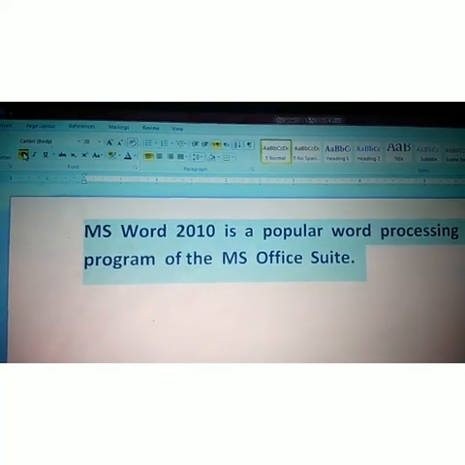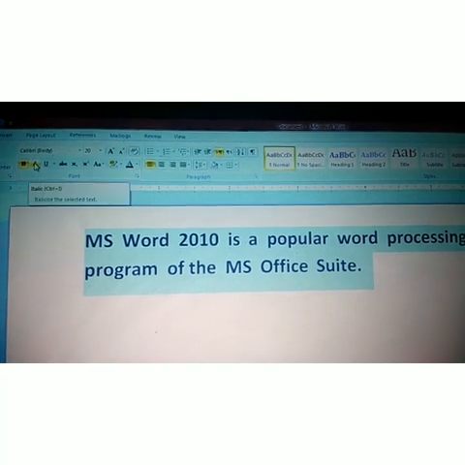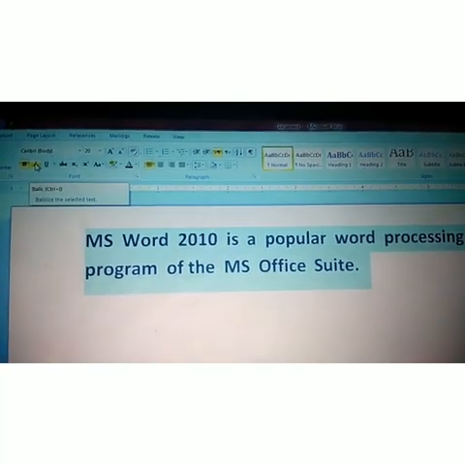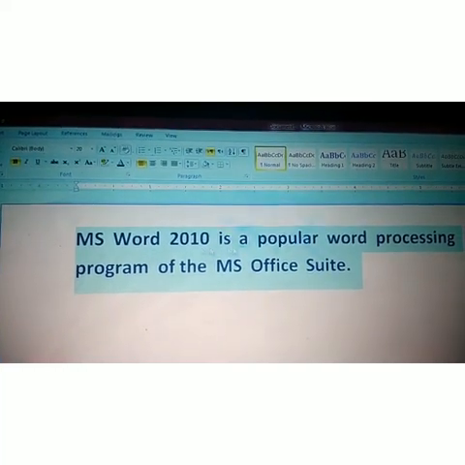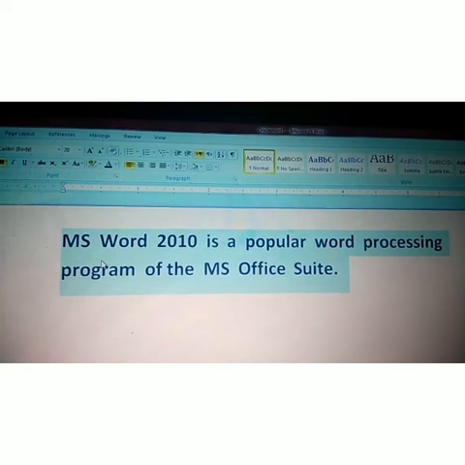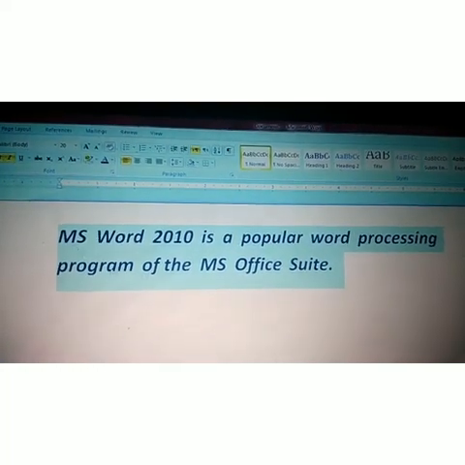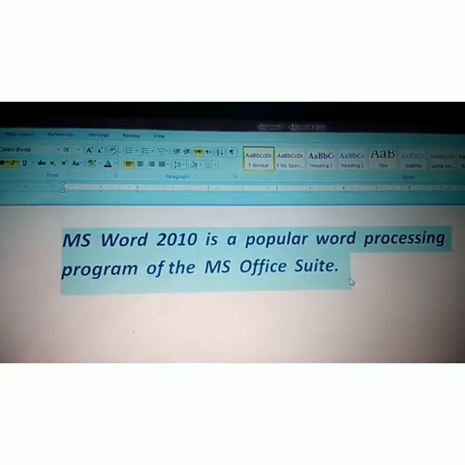Now we are using the next one. Next is I, which means italic. Already we discussed the keys. Next is italic, and we have already selected this area, meaning all the whole sentences. After that we click I, meaning italic. See, now it changes its form. It changes into italic form.